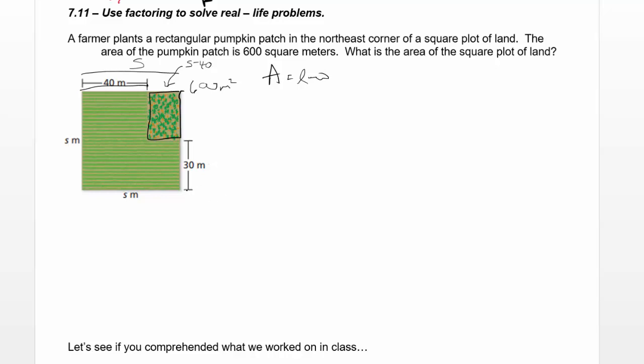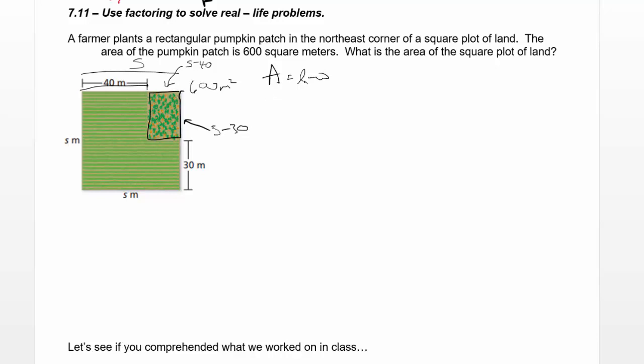And for the same reasoning, this whole side is also s, because this is a square and all sides are the same length. This whole thing's length is s, but from the south corner all the way to the bottom edge of the pumpkin patch is 30. So what's left over here has got to be the entire thing, take away those 30 meters. So I think the length of this pumpkin patch is s minus 30, the width is s minus 40,